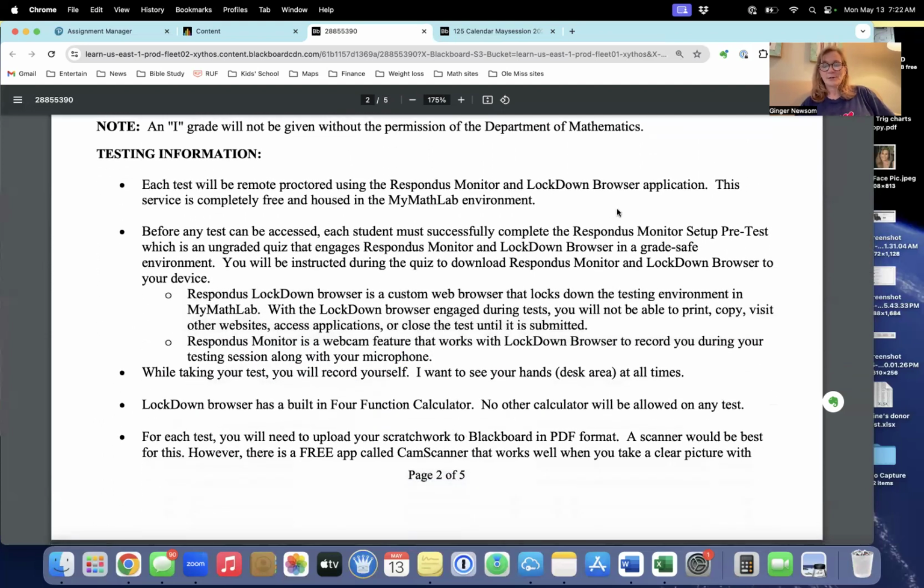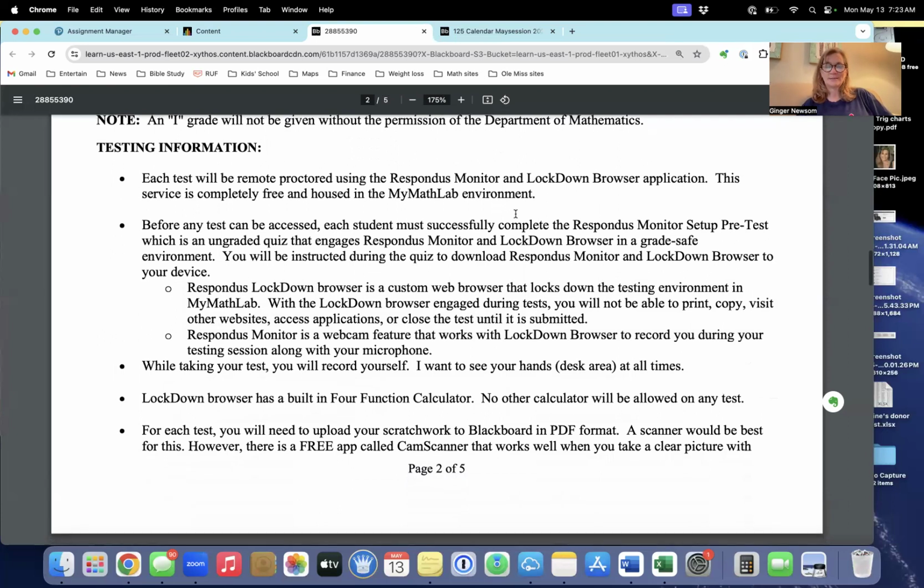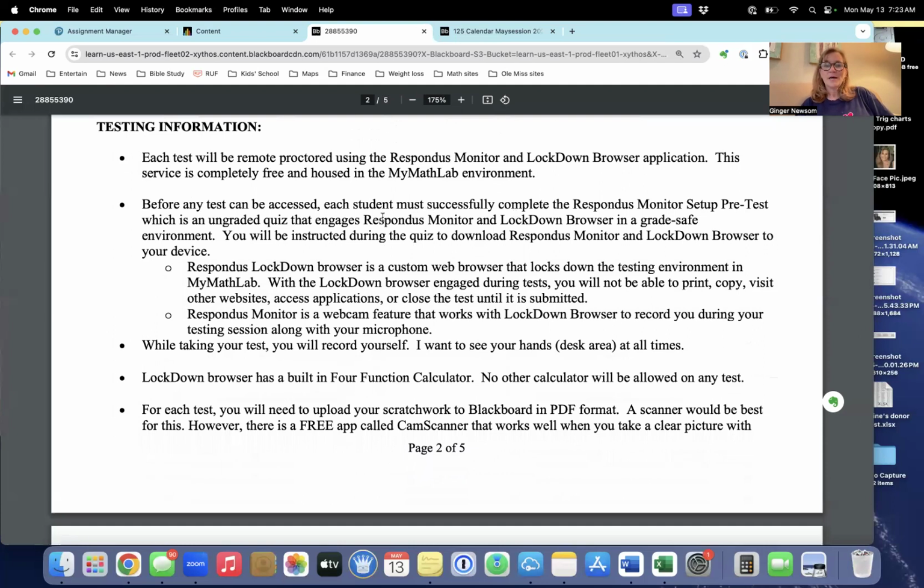Okay, the Respondus Monitor. Yeah, you've got to use this. It's completely free. I have it built in to my MyMathLab Pearson where you'll take your test. That's our online system. I will talk to you about this in a second, but before we take that first test, I have set up a pre-test. It's in Pearson, so you'll see it when you're in there working your homework. And I make you answer one true false question.